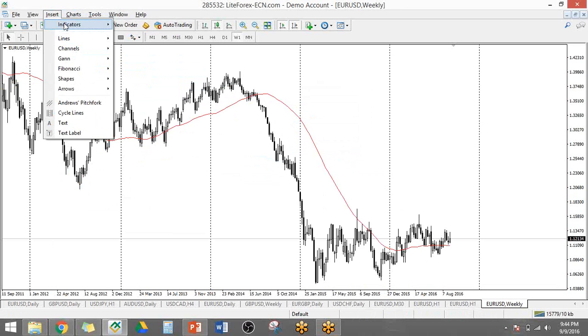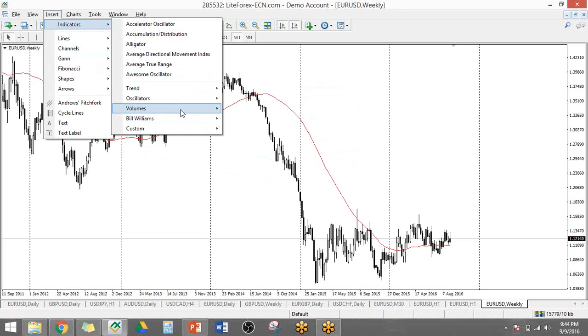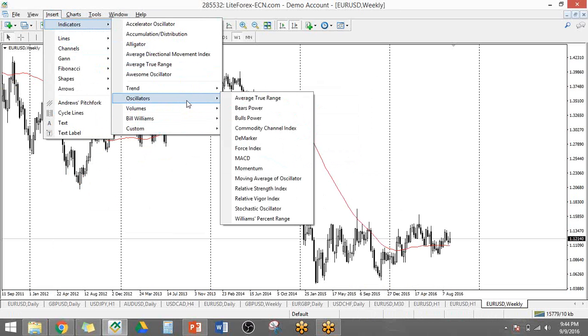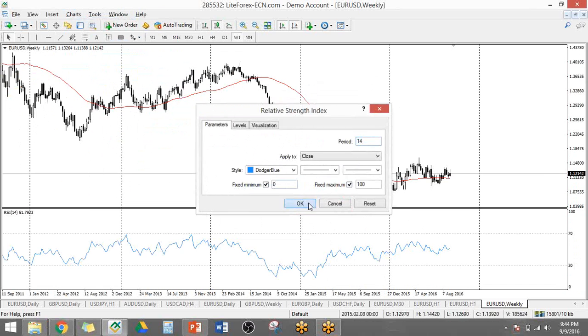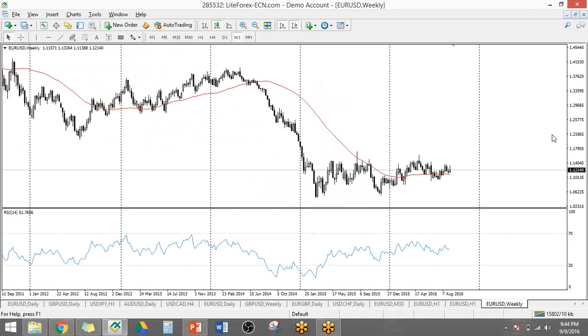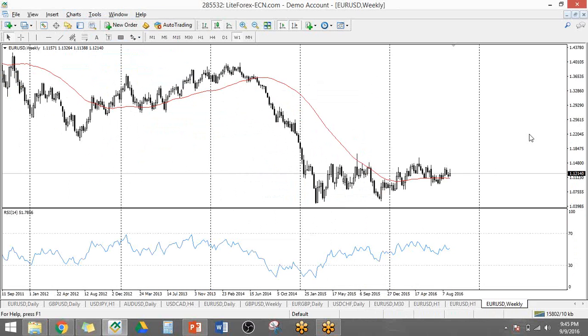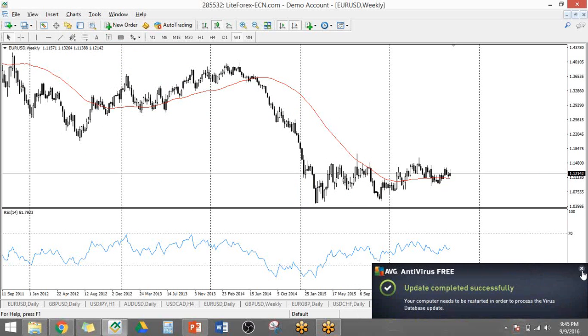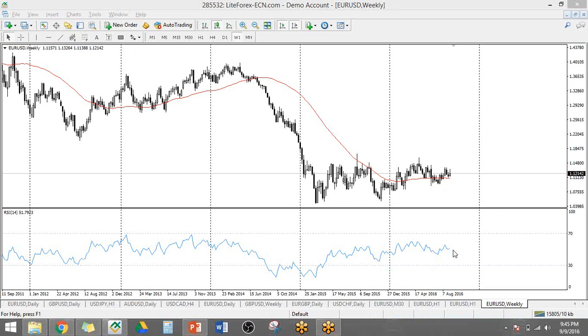If you want to insert some more, you can just plug in more indicators. So for example, you want to add in, let's go with RSI, Relative Strength Index. Basically, this covers if your pair is oversold or not. So you have it here. Right now it's in the middle. It's not really oversold or overbought. It's just consolidating in the middle.